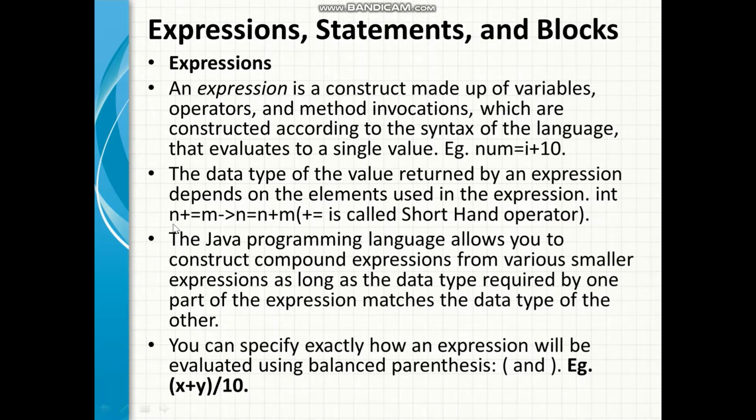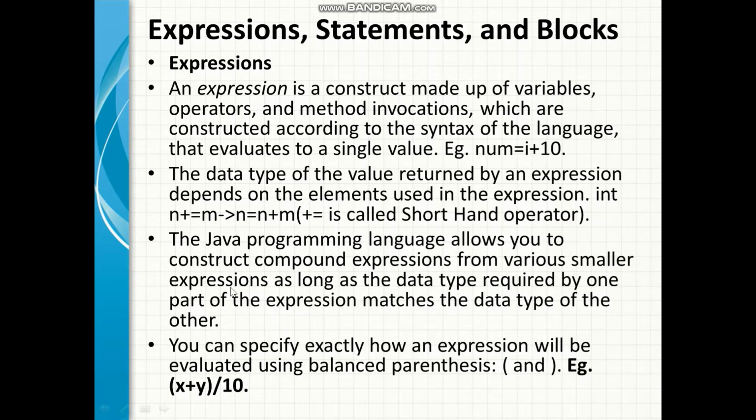This is also taken as n plus equal to. This is a shorthand operator, and it is not only for plus. We can also take multiplication, division, or subtraction, minus. So this is called a shorthand operator.